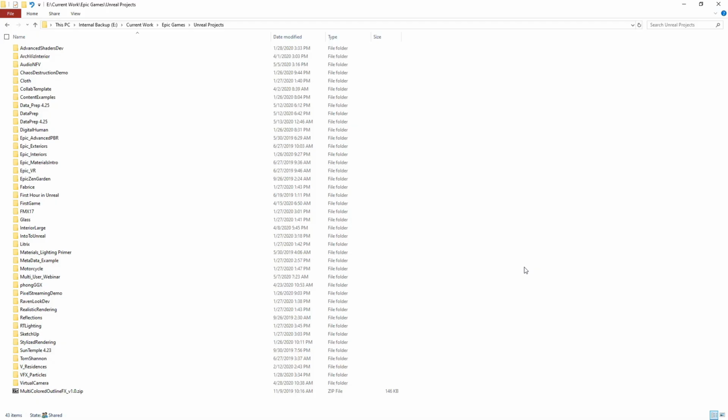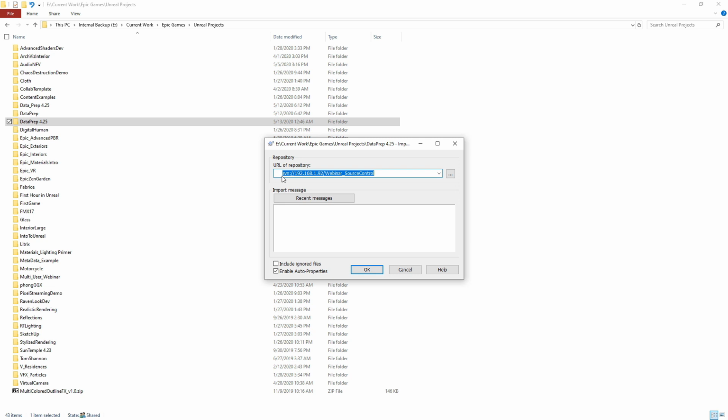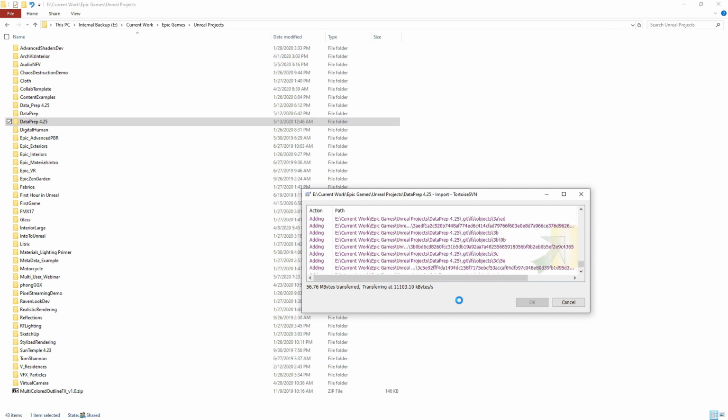Now, in order to import our current project into SVN, we'll go ahead and select that project, right-click on it, and we'll go to Tortoise SVN. You should have Tortoise SVN and SVN Checkout in your right-click menu if you've installed Tortoise SVN. From here, we'll click on Import. We need to make sure that the URL of our repository matches the repository from the NAS. And now we can click OK. We'll be asked for our username and password here. And now it begins to import all of the files from our local project into the SVN repository on the